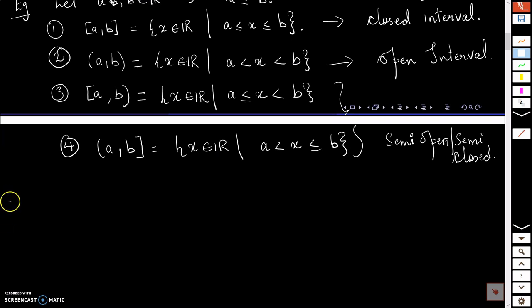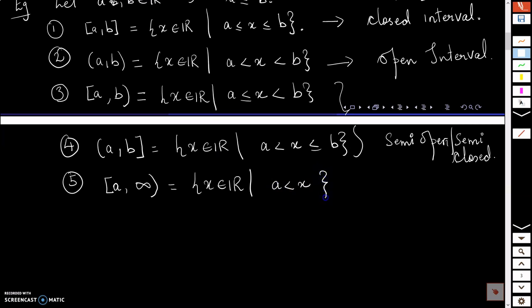All right. Now the next type of interval that I have is an infinite interval, the fifth one. I will define that to be closed on the left hand side at A and infinity on the right hand side. So which points will be coming in this interval? Infinity is not a real number. So this notation only tells you that all the numbers which are bigger than A are coming inside this set. So this will contain all those real numbers which are greater than A.